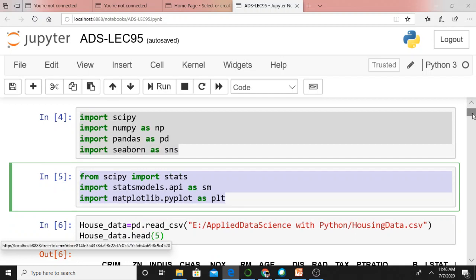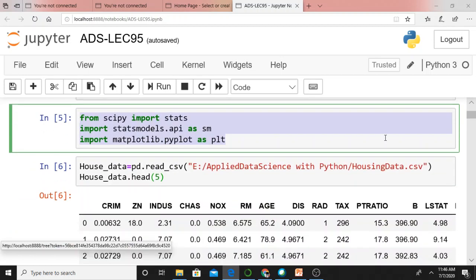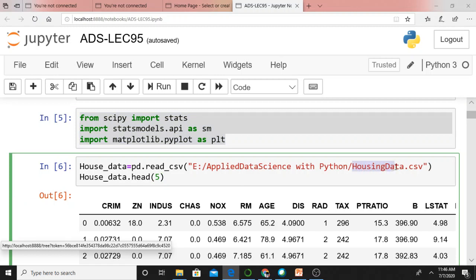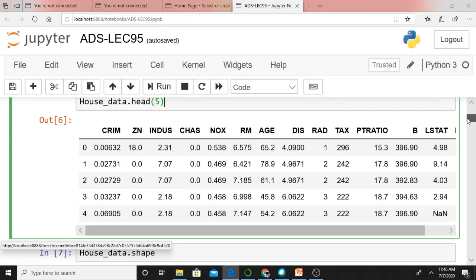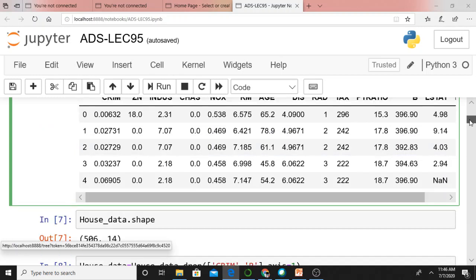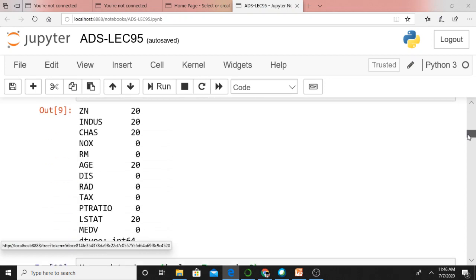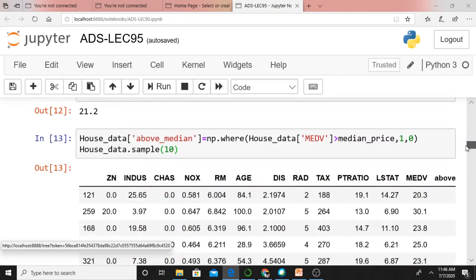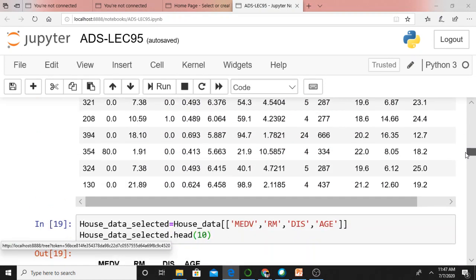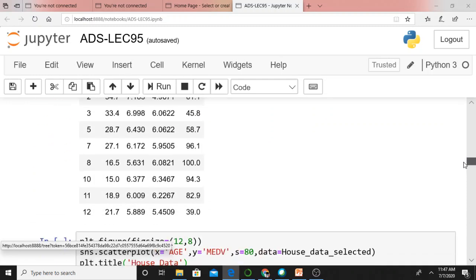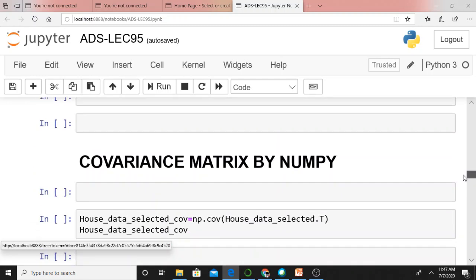I already discussed how to pre-process this particular housing data.csv. This is a real estate domain data file, related to Boston real estate. I discussed crime rates, age, and these fields also. I already pre-processed this, so I need not discuss it again and again as I discussed in my previous lecture. Let me go directly to today's topic.